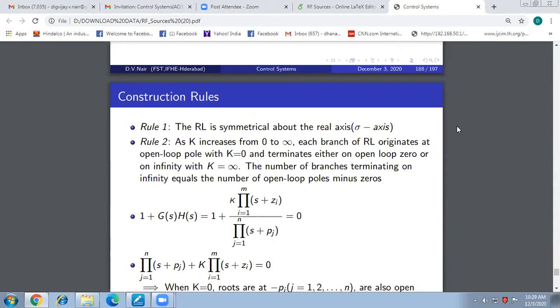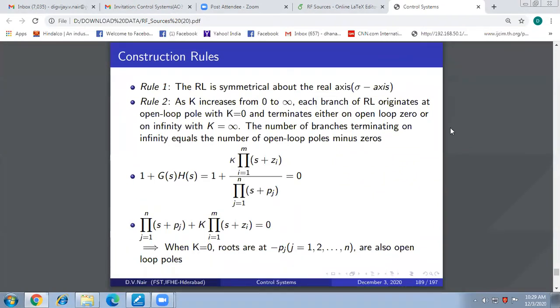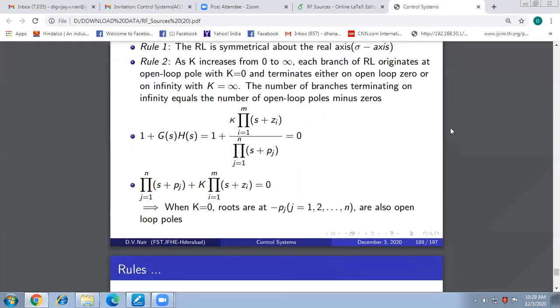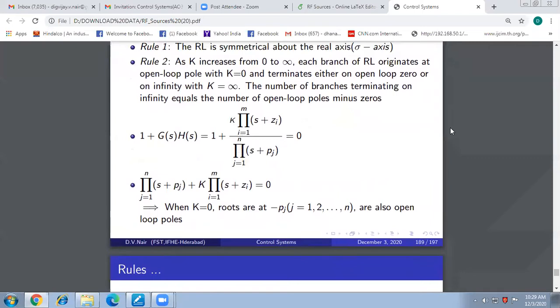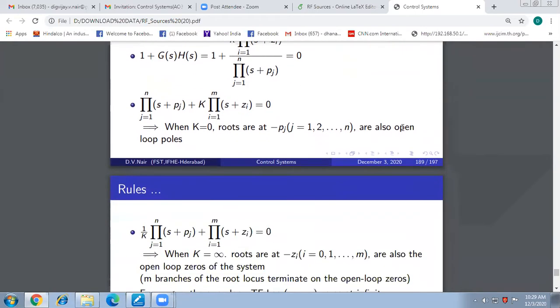So they by default lie symmetrically with respect to the horizontal axis, that is the real axis. Then we saw the number of branches of root locus is equal to the number of open loop poles, and each branch originates at an open loop pole with K equal to 0 and terminates at either an open loop zero with K equal to infinity, or